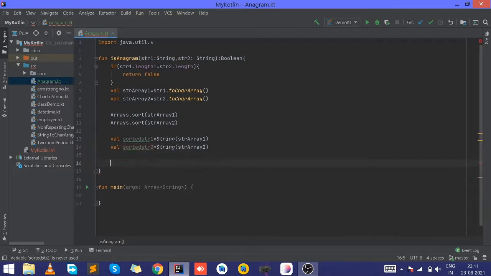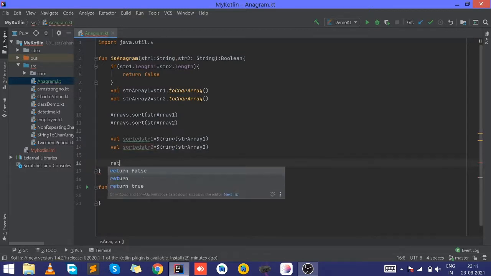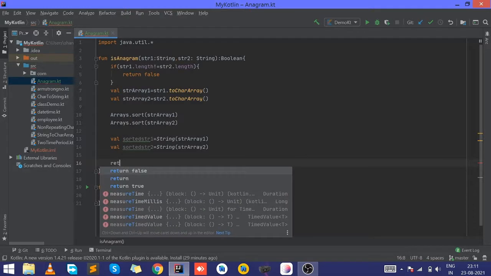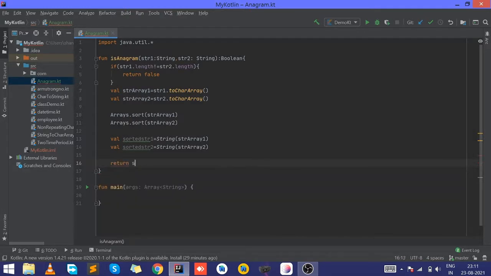Then at last we have to return the value of sortedString1 equal to sortedString2.